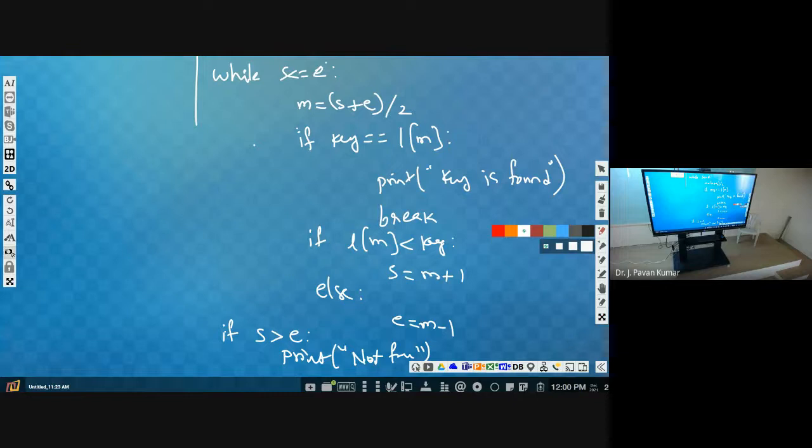Now from what you wrote there, for example, I take key as 40. If key is less than the index element, for example key is 40, and it is more than the index element, the index is less, so I'll compare it here only. If key 40 is less than 41, I won't compare, I'll break it here only and print key not found. If this is satisfied and key is more than this, I'll compare until it gets over. If I find key is equal to the index element, I'll print key found. Else I'll write key is not found.